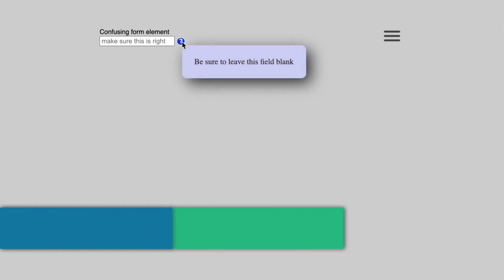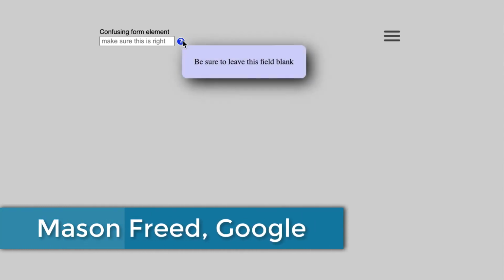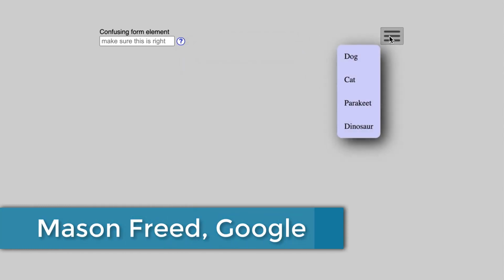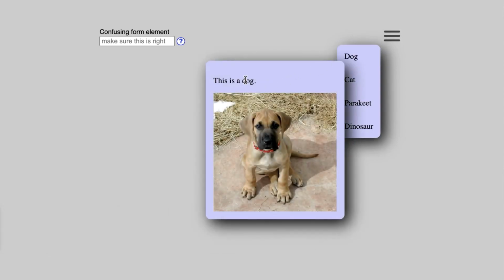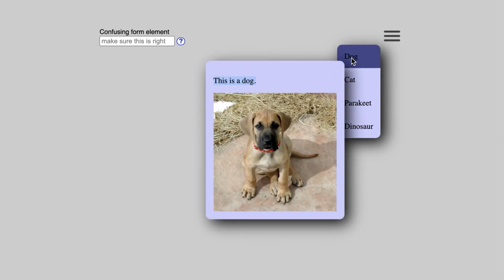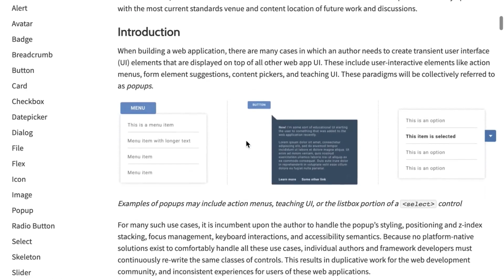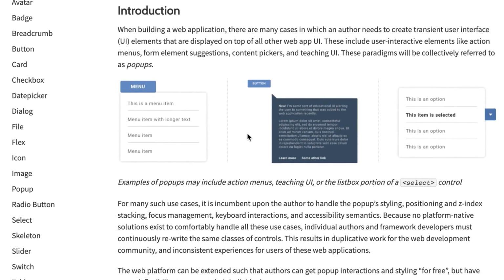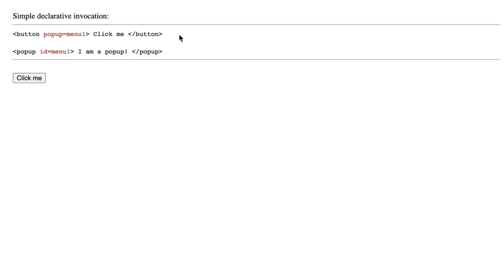For a number of reasons, it can be difficult to create pop-up style UI elements such as tooltips, teaching UI, and pop-up menus. It's tough to make sure the pop-up sits above everything else on the page, and also extensive JavaScript is often required to handle positioning, opening and closing, and managing nested pop-ups. OpenUI is working on a standard for a native pop-up element which takes care of all of these tricky details. Authors can declaratively create and invoke a pop-up with top layer and light dismiss behavior built right in without requiring any JavaScript. This new element will power the new select menu element and will make use of the new proposal to allow anchored positioning.